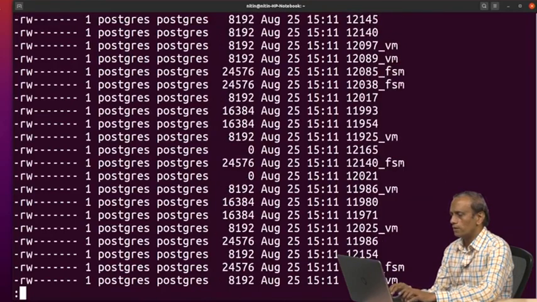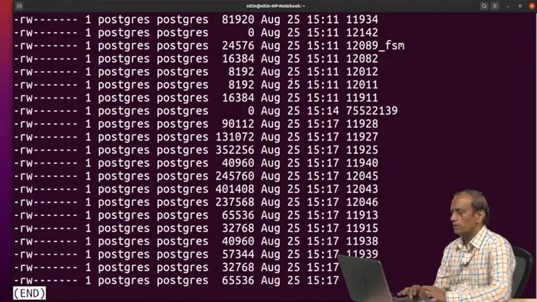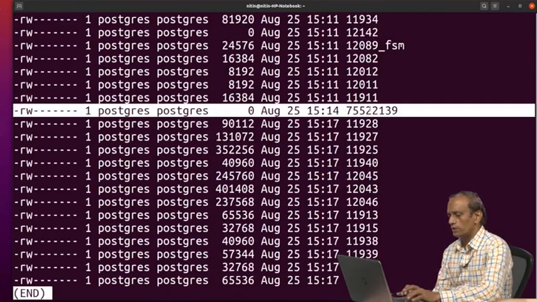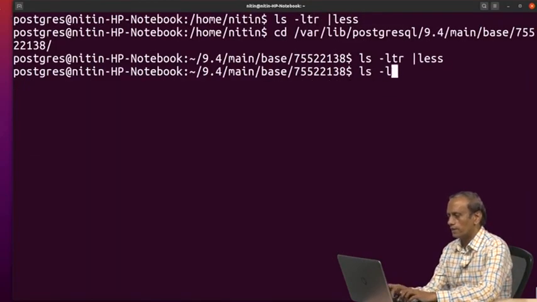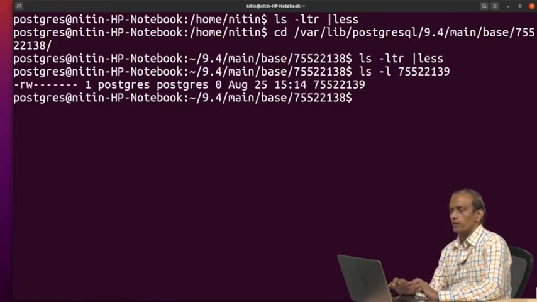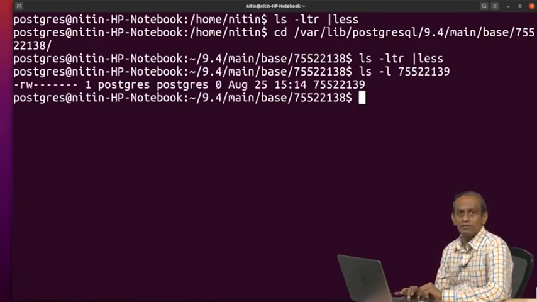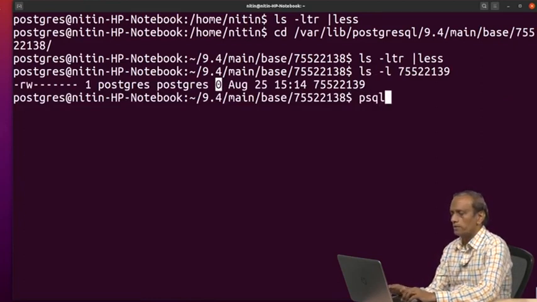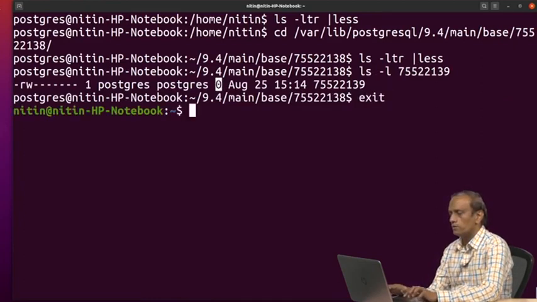See this bigger number, 75522. If I write ls -l 755, what is the size here? The size is 0, fine. Now, let us go back to our user.